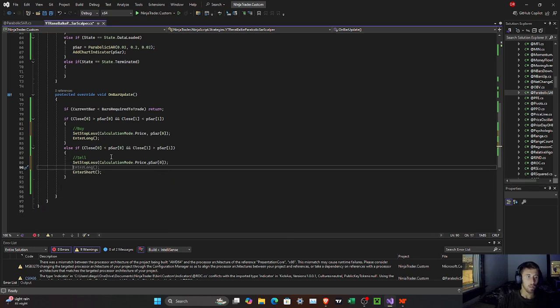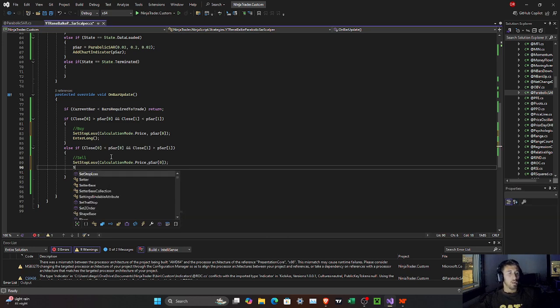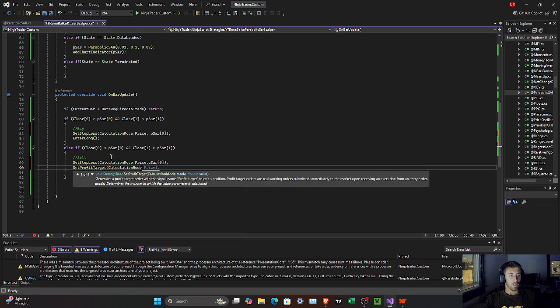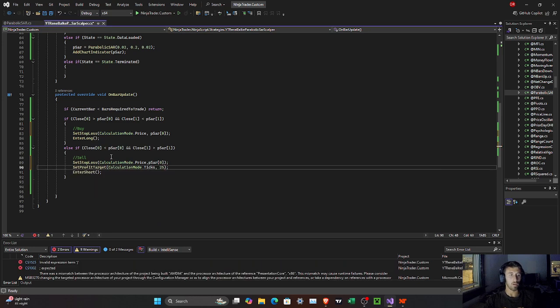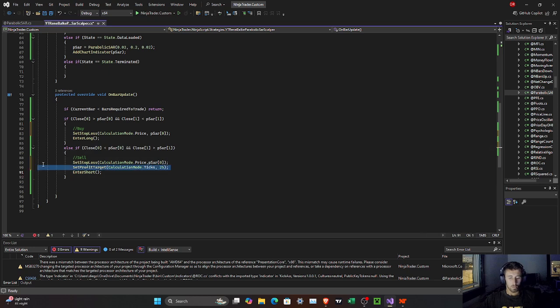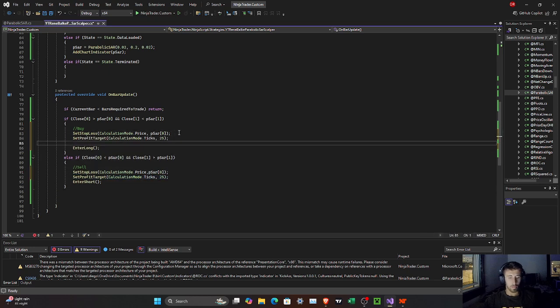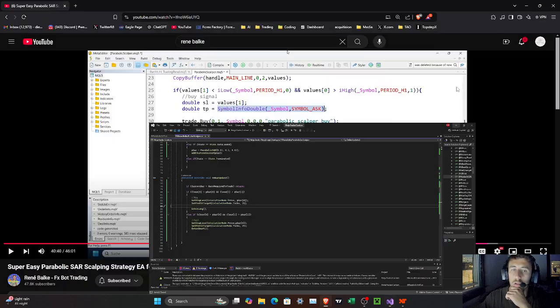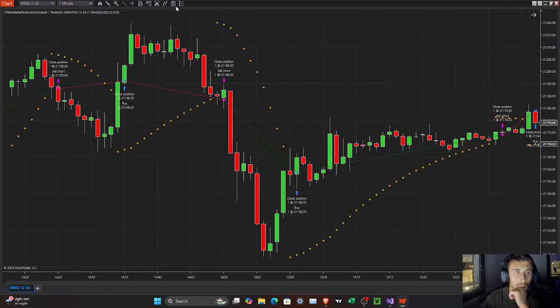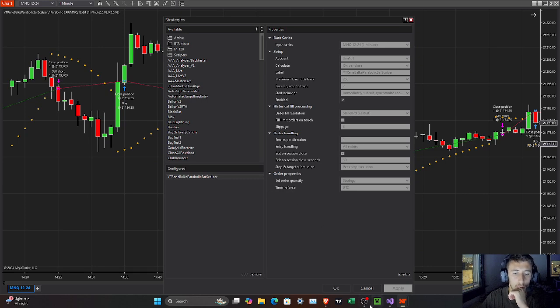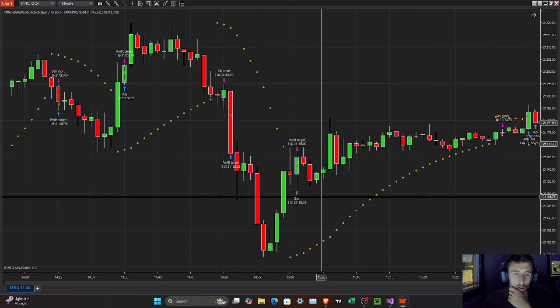Now our TP, just to keep it simple, we'll do set profit target, calculation mode dot ticks, and we'll do 25. Then you can just copy that, paste, let's compile, and see what that does. So now we go to strategies, disable it, re-enable it, and now you can see,